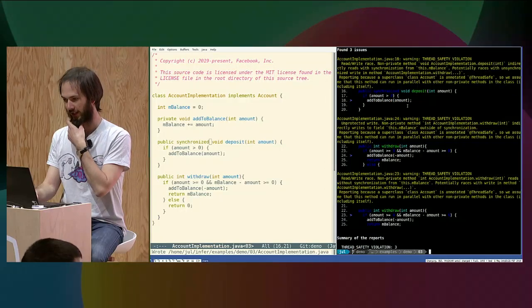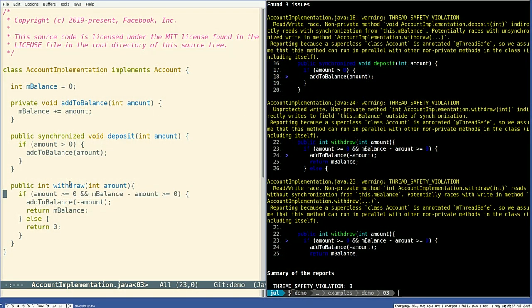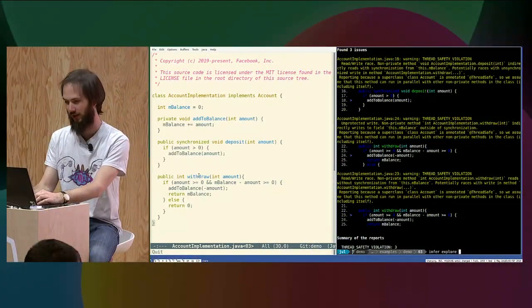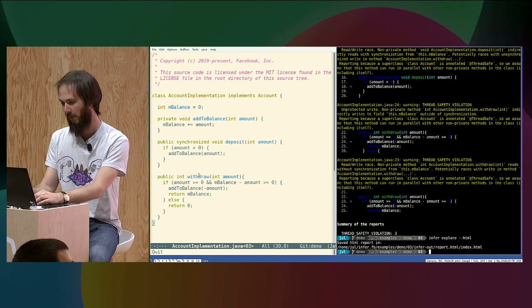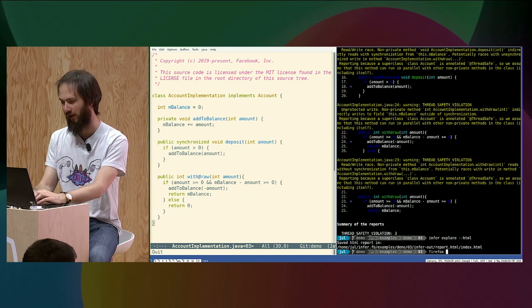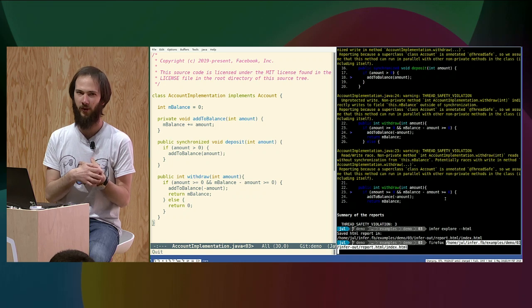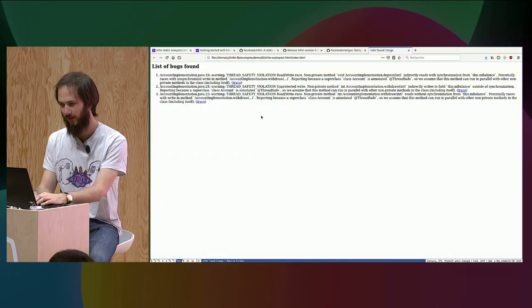And it's still not happy because this other function also writes outside of synchronization. So how can I see that? So here I'm going a bit fast, but maybe I didn't quite understand what Infer was saying, and I want to look at the traces to debug and see where I should add annotations. So another way to explore the results, if there are too many, for instance, is to generate an HTML report. So in this case, with just passing --HTML to this Infer Explorer command, and then you open it,